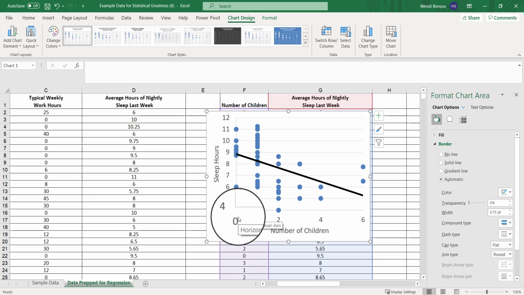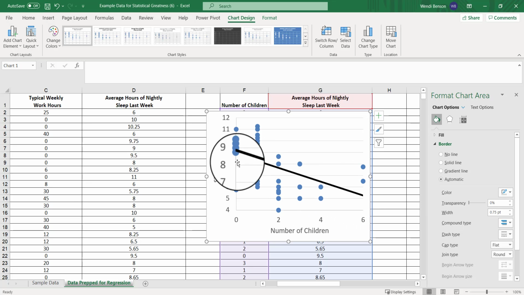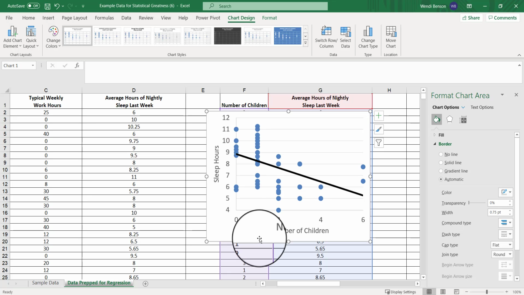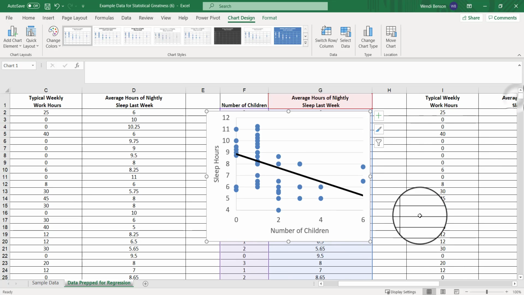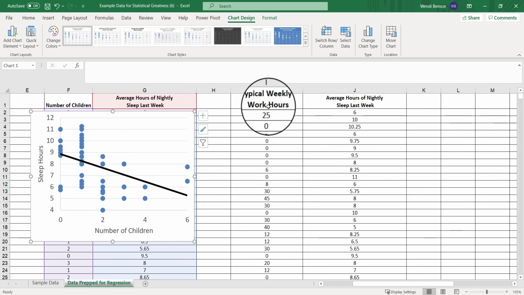And then if you use the equation that we'll get in the next video and plug in 6, you're going to get something a little bit higher than a 5. And that's how you could manually plot that line, right? You get your regression equation, then you plug in a value for x, get the y that would be predicted, plot that. Plug in another value for x, find the y that would be predicted, plot that, and connect the dots. All right, now let's do a quicker tutorial with a little repeat,